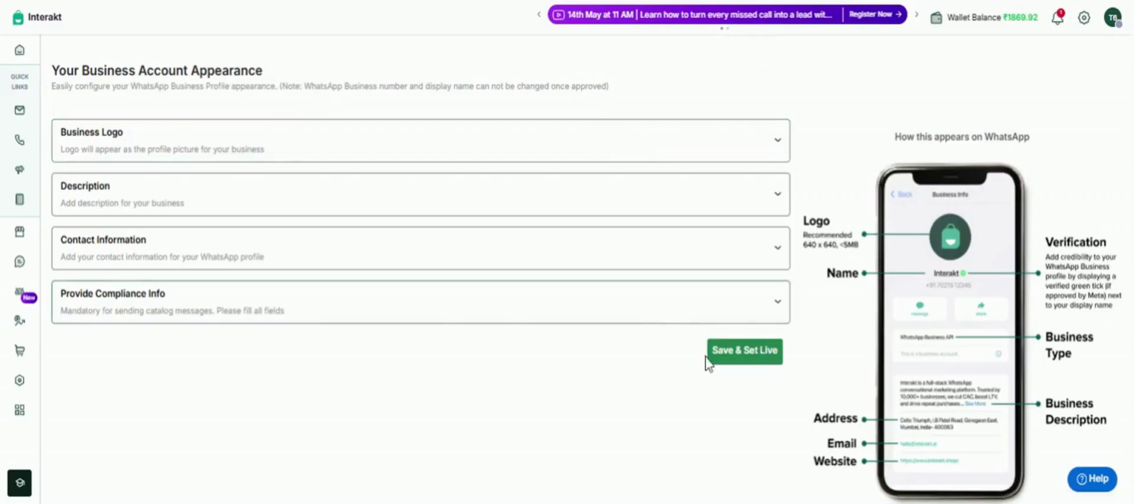That will also work. Once all the details are done, you just have to click on Save and Set Live. Once this is done, the customers will start seeing your